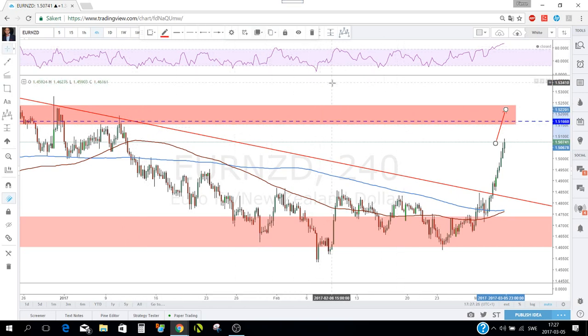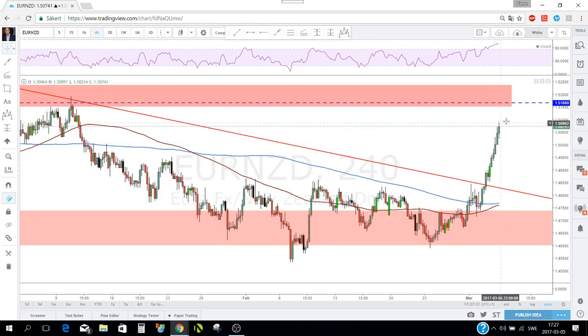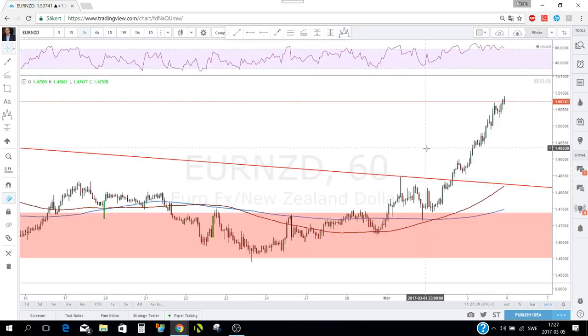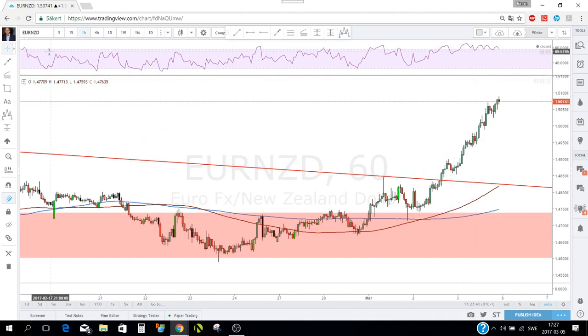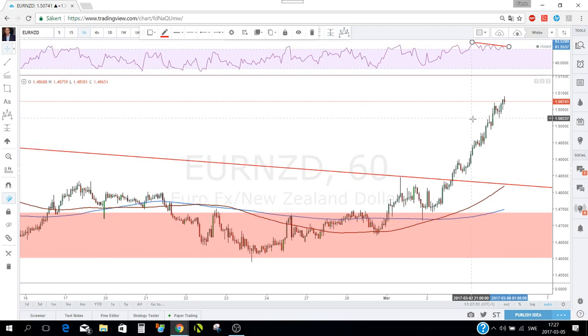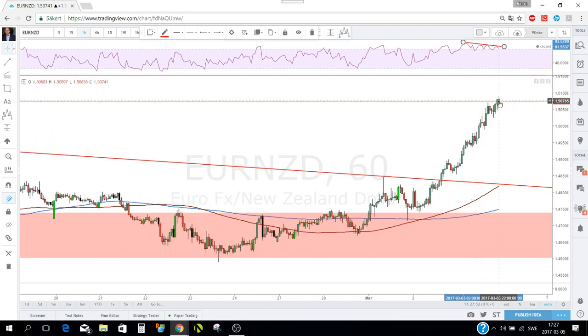So we should be looking for a possible bounce down somewhere in this area where price is right now. If we go down to the 1 hour, you see more clear divergence. For me, this one is the most interesting pair to try to short another bounce to the downside,